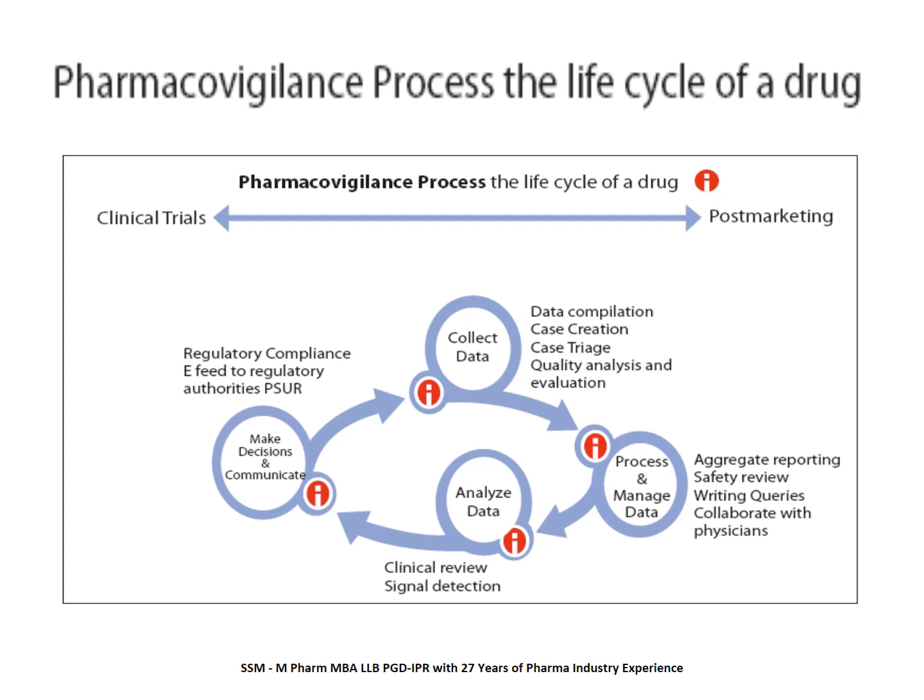The next phase is analysis of that data in the form of clinical review and signal detection. Any report of a new adverse event, or an increase in frequency of an already reported event, will lead to signal detection. Finally, based on this report, the company will make a decision, which may be adding warnings, precautions, or contraindications to the label, or withdrawing the drug if there is serious concern with the product, and then communicating the analysis report on the safety of the drug to regulatory authorities as a regulatory compliance requirement.